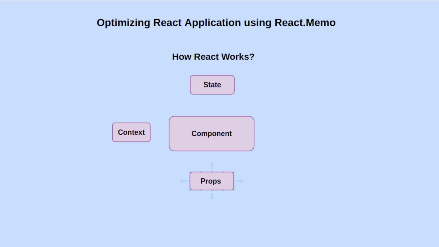Now you might be thinking, how will that state or prop change? They will be changed based upon user events. Let's say I am clicking on a button and it is changing the state. Or maybe I have a parent-child relationship and in my parent I have changed some state and that state is being used as a prop. Similarly, my child will again re-render. Similarly, if my component is using a context provider and some value from that context is changed, again, my component is going to re-render.